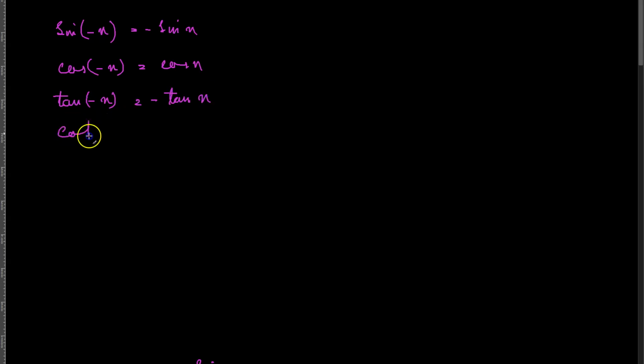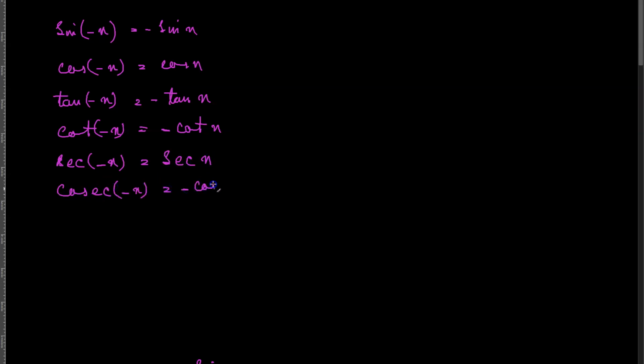Long story short, I can write sine of negative x is equal to negative sine x, cos of negative x is equal to cos x, tan of negative x is equal to negative tan x, cot of negative x is equal to negative cot x, secant of negative x is equal to secant x, and cosecant of negative x is equal to negative cosecant of x, which means that the only,